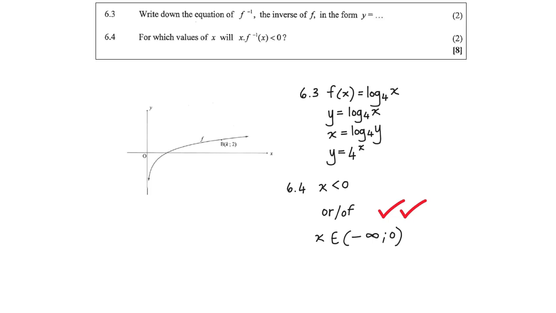Let's look at some common errors that students made. Now at 6.3, many students understood that they had to swap the x and y in order to obtain the inverse of the function f, but once again, they struggled to convert the logarithmic form to exponential form, and that resulted in an incorrect answer in the y form. Then at question 6.4, students could not visualize the answer to question 6.4 because the sketch of the inverse of f was not given, and then they tried to solve the answer algebraically and then got the incorrect answer.